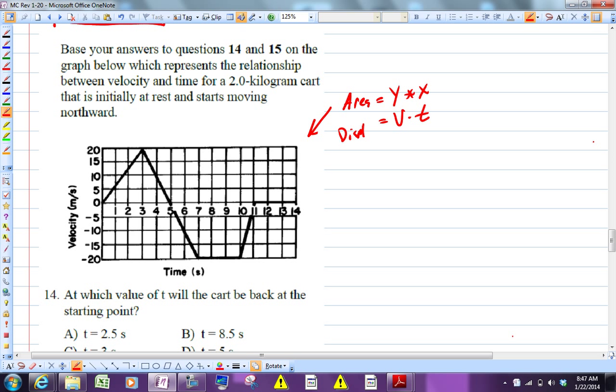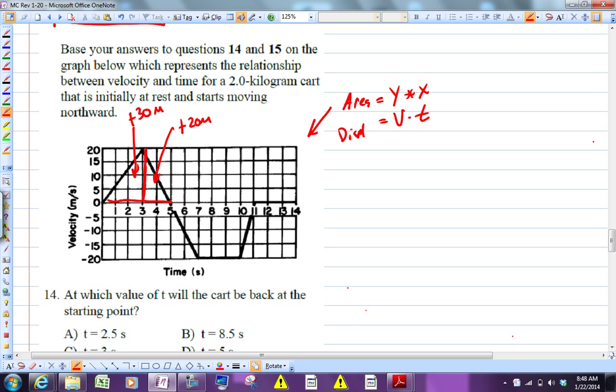Another way of saying that is when the area above the graph here is balanced out by an area underneath. So we turn this into a triangle, and this triangle, 20 by 3, would be 60, but a triangle cuts it in half, so that's a displacement of plus 30 meters from there. Here it's only 2 seconds across by 20, which would give you 40,